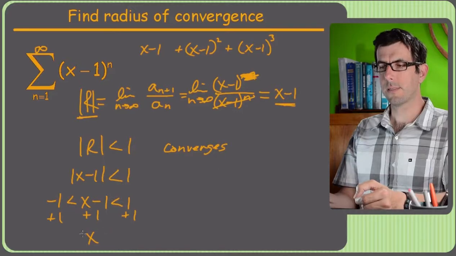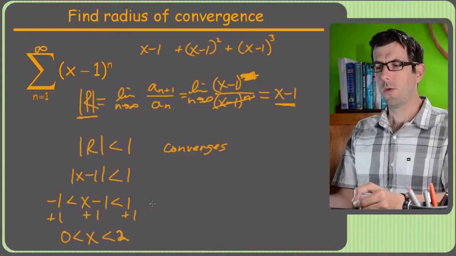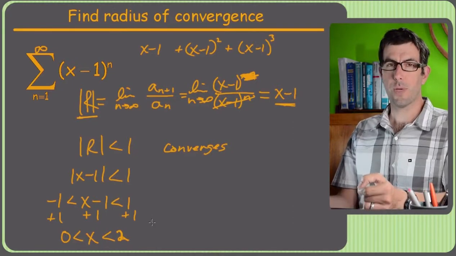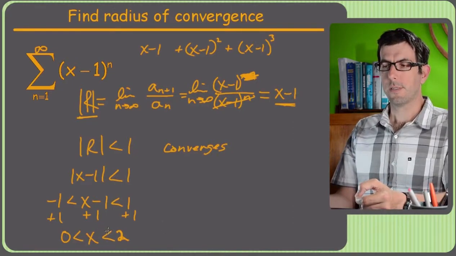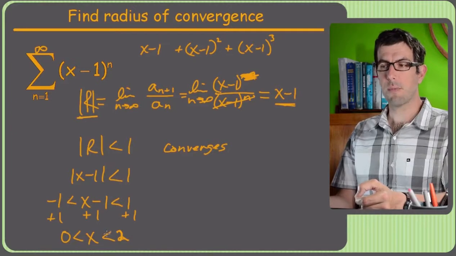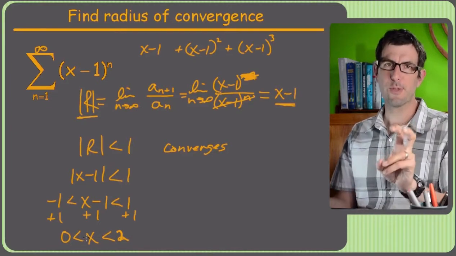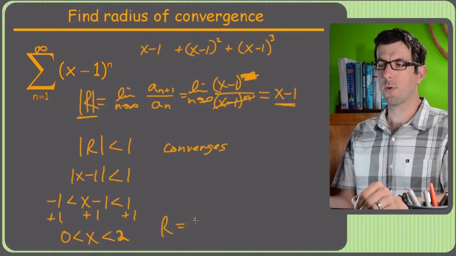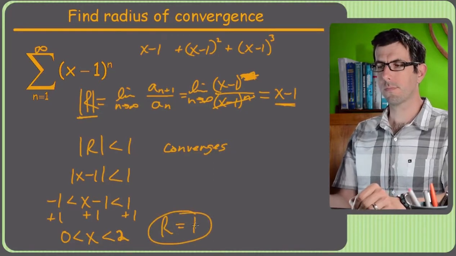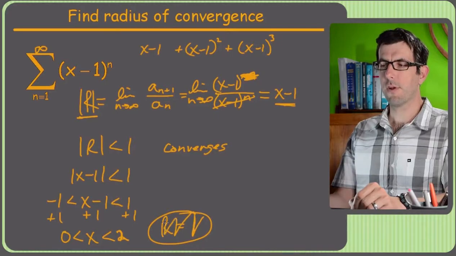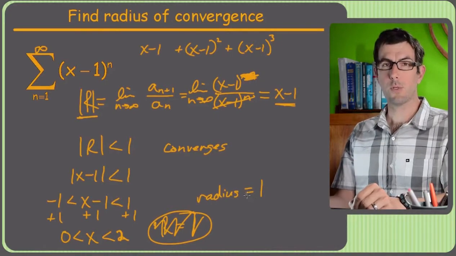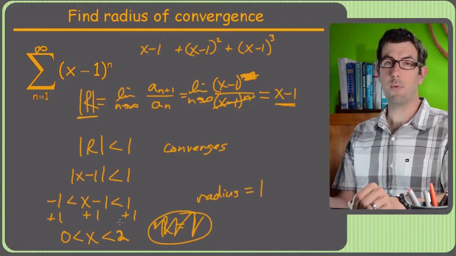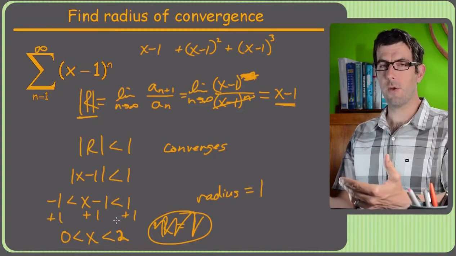We get x is greater than 0 and less than 2, which basically means that the diameter of convergence would be from 0 to 2, therefore the radius is half that, which is 1. So r equals 1. That's kind of a different r. Should have said radius equals 1. Now you notice we didn't test the endpoints, and that's what we'll do in the next video